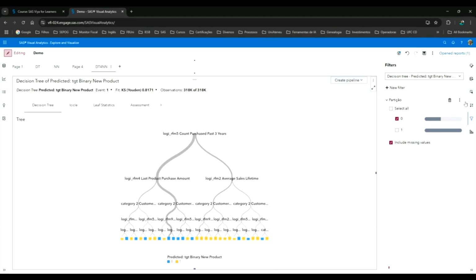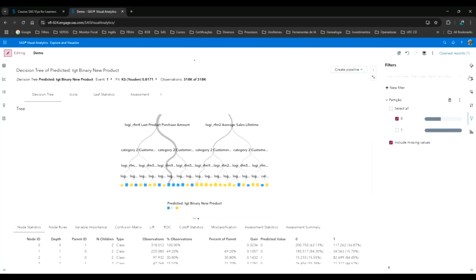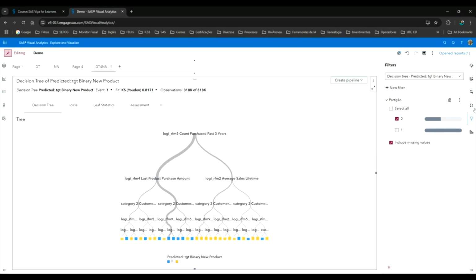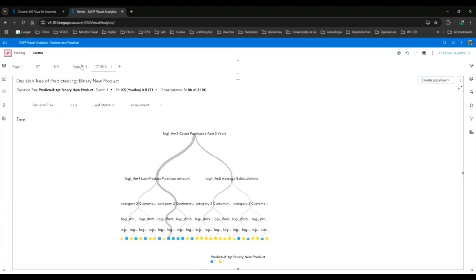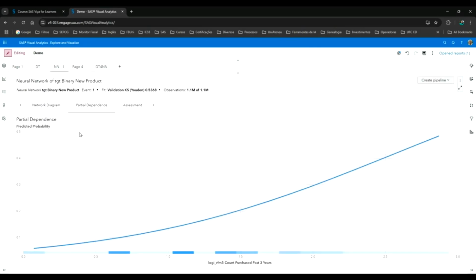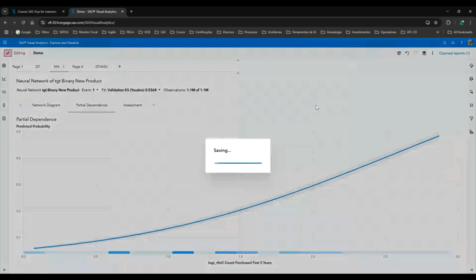Now I can explain the decision taken by the neural network. This is a way to try to explain. Of course, it's an approximation. I already showed to you this way and these two tools. And now let me save, please.